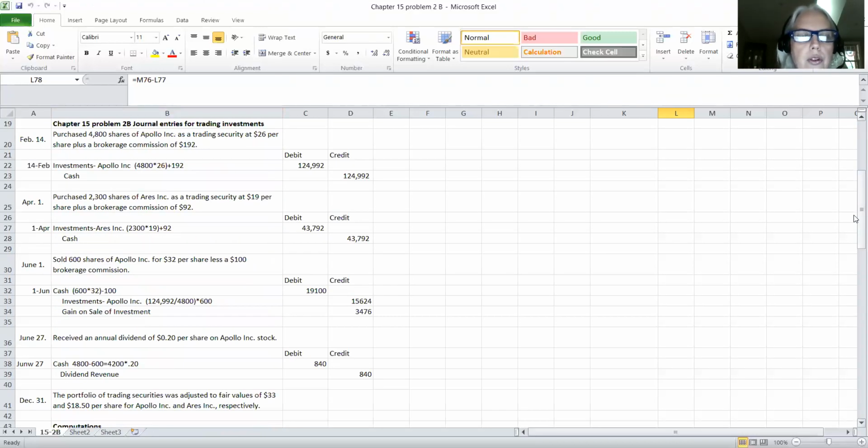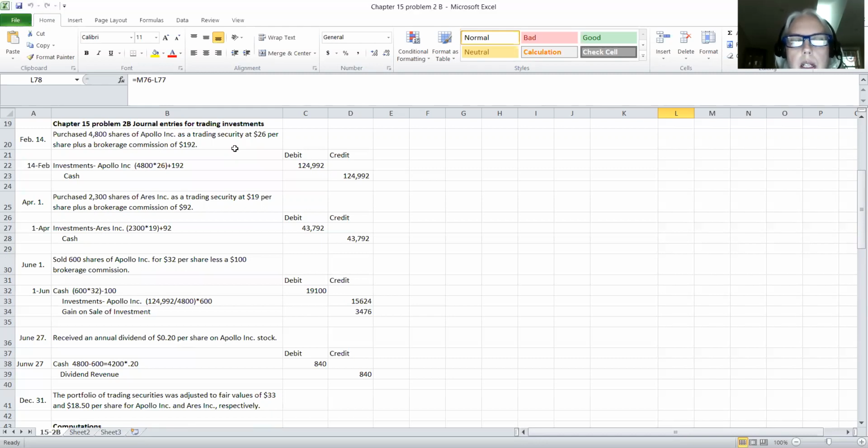We're going to look at the first journal entry for chapter 15, problem 2B. And the journal entries in this problem are for trading investments. And what trading investments are is they can either be debt securities or equity securities. And what I mean by that is debt securities are where we purchase bonds in another company as an investment, or equity securities. And what I mean by equity securities are stocks that we purchase in another company as an